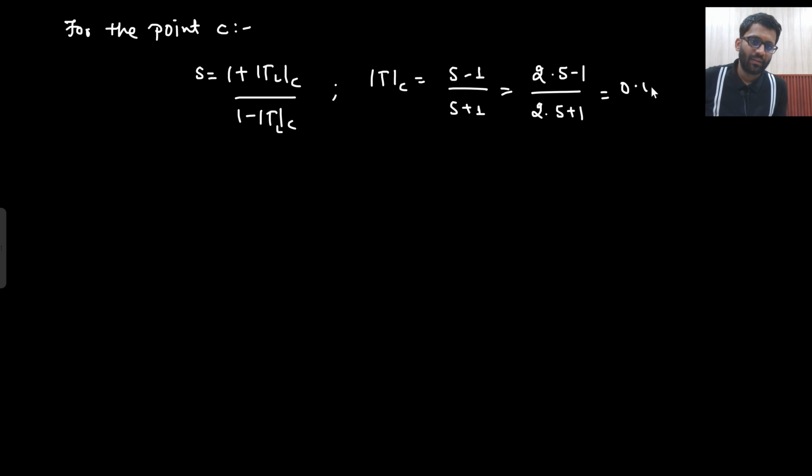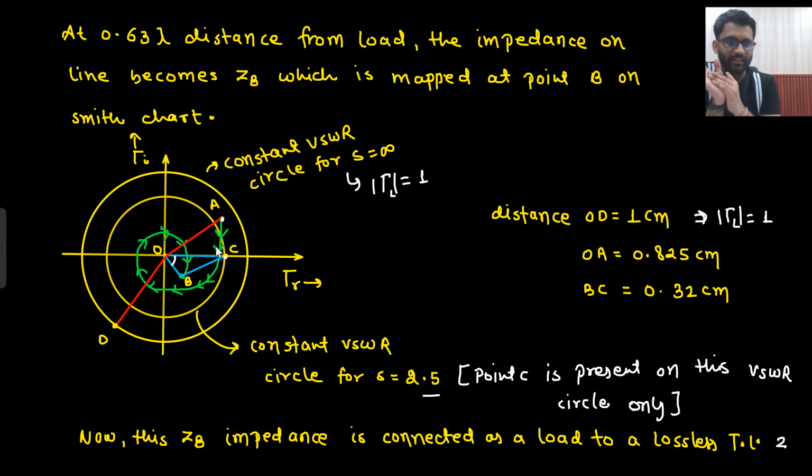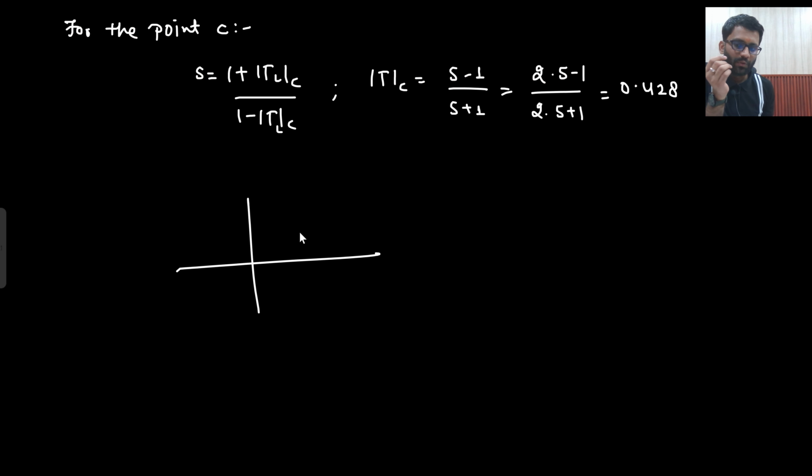0.428. Are you understanding the meaning of this point C? I hope you are understanding. What is the meaning of point C is that what we used to do is, we used to take any